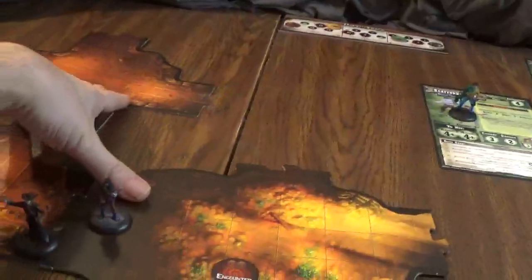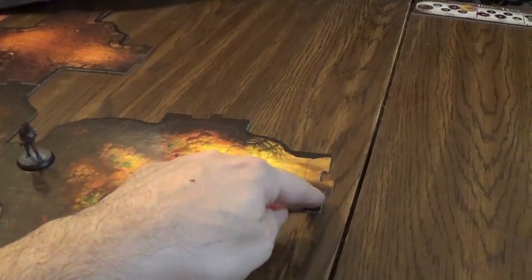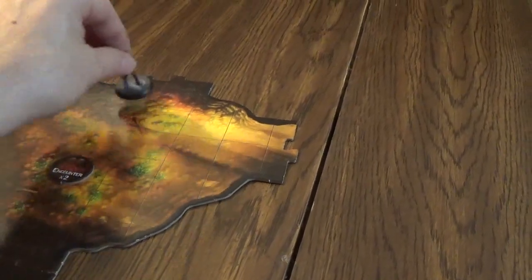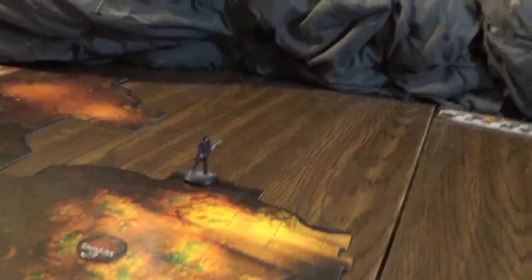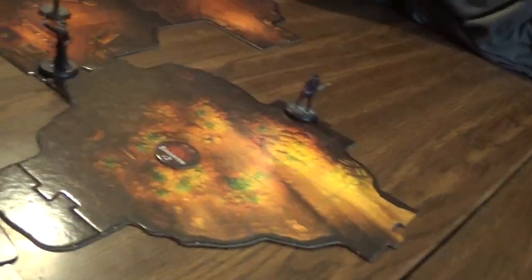Let's move this back some. 1, 2, 3, 4, 5, 6, 7. And 1, 2, 3, 4. And we'll go that way. And we have a rail tunnel again. But this is a different rail tunnel. Alright, so this is going to be...